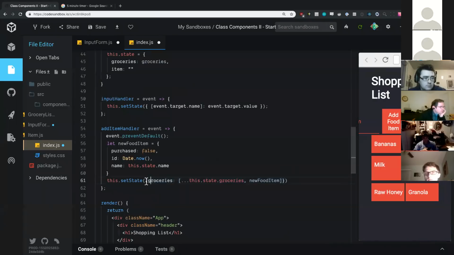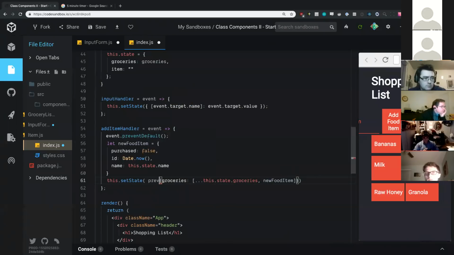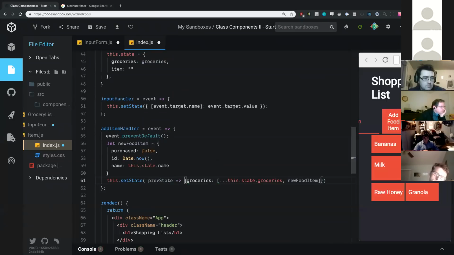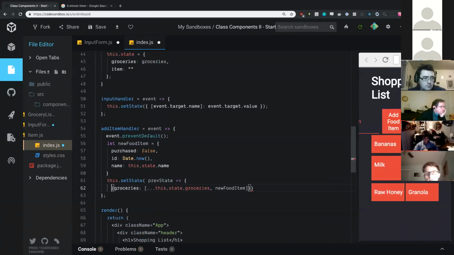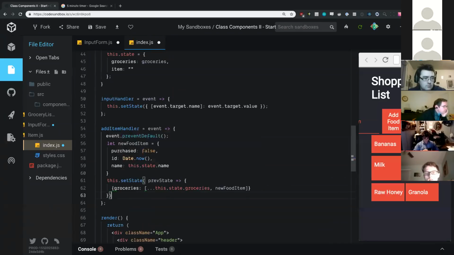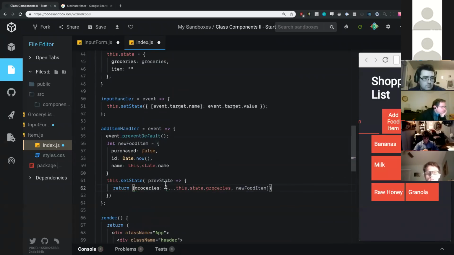A function, a callback function. And the callback function, I think it does give you more than one argument, but we only really care about one argument. So we're going to do this. We're going to come in here and do this. Then we're going to remember, if you use this way, you must return an object. And now instead of this.state, we're going to say